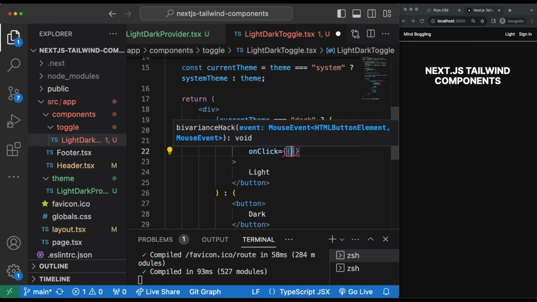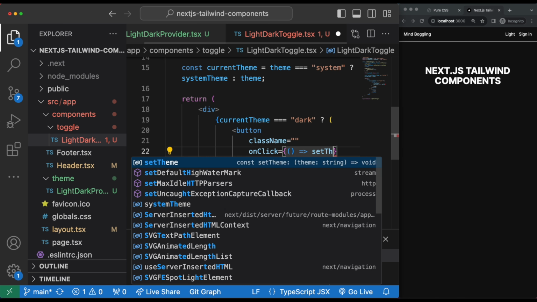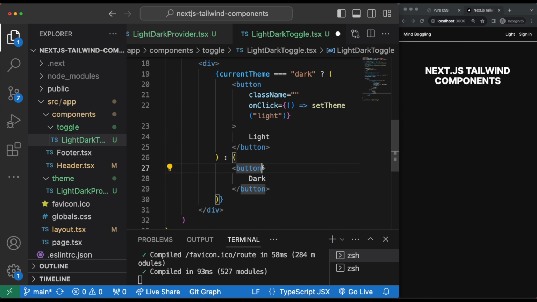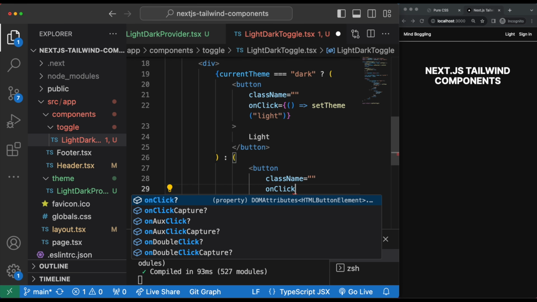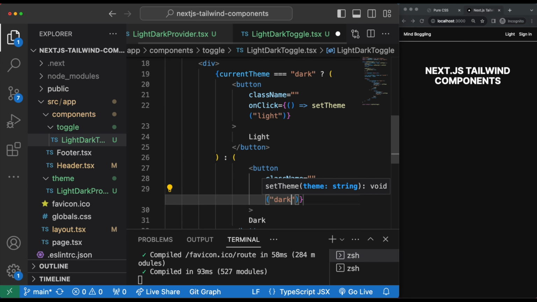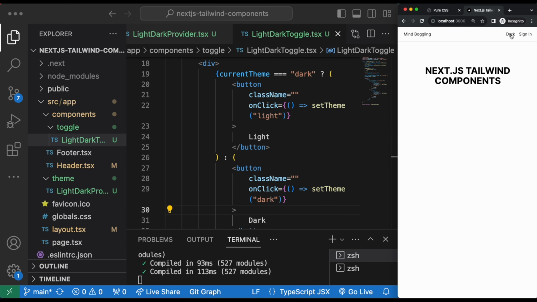On click of the light button, we set the theme to light as a string or in lowercase. And on click of the dark button, we set the theme to dark. If we click on the button now,